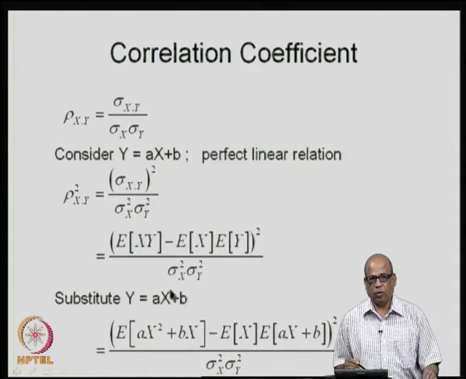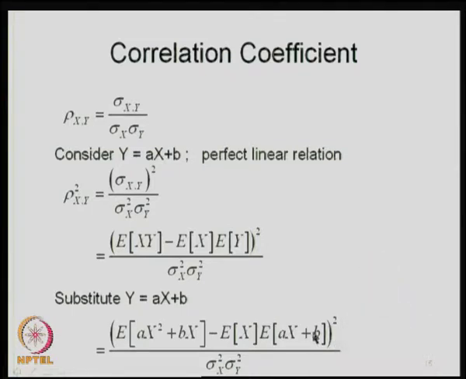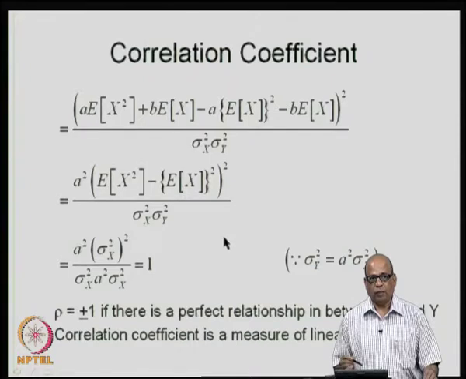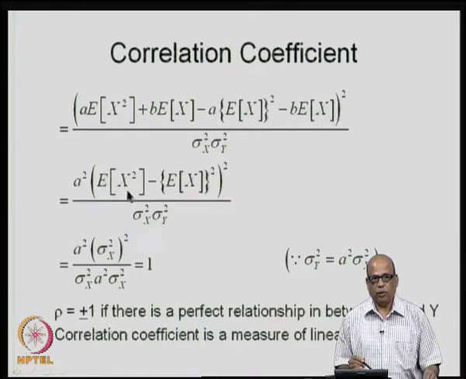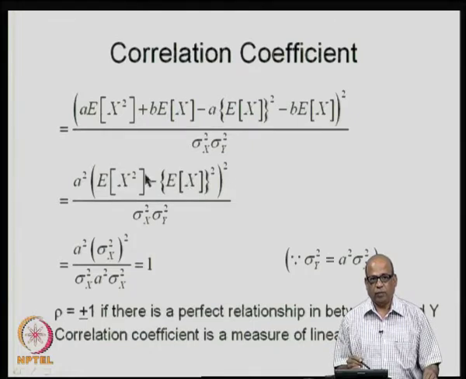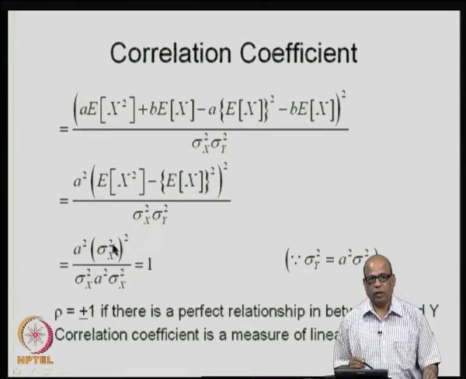So, wherever y is there, I will substitute a x plus b and simplify this as expected value of a x square, because y is equal to a x plus b, times x, minus expected value of x and expected value of y here, which is expected value of a x plus b. The denominator we keep as it is, and when we simplify this, what do we get? We get a square times expected value of x square minus expected value of x the whole square. Can you recognize this term within the bracket? It is in fact sigma x square, which is the variance of x. So, we write this as a square sigma x square the whole square. So, we get a square sigma x to the power 4,